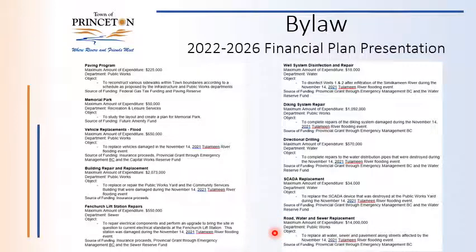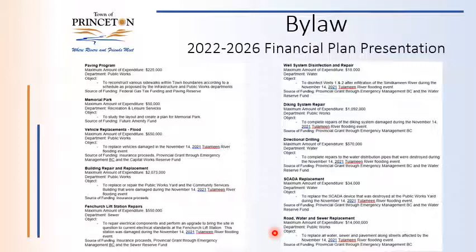Road, water, and sewer replacement. So this was identified by our engineers after the flooding event on November 14th. After our flooding event, very soon after, we had freezing temperatures move in, -10, -15, and really haven't let up all the way through winter. As the ground begins to thaw, obviously, there's water tables underneath rivers and beside rivers, and the force of the Tulameen River would have flowed through those water tables and possibly damaged water and sewer infrastructure underneath roads.